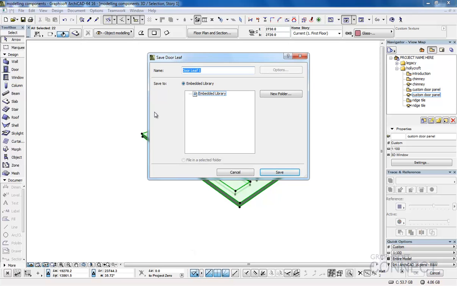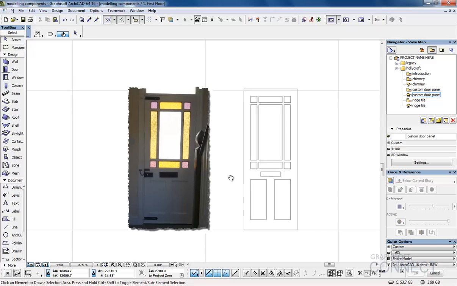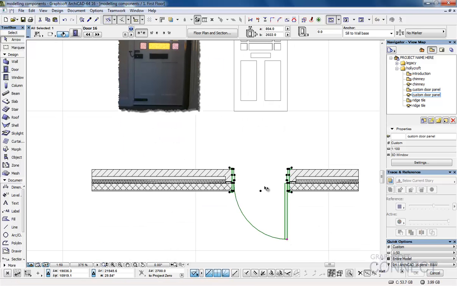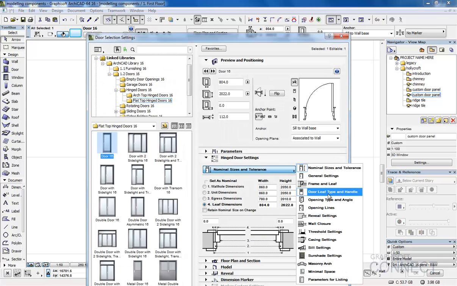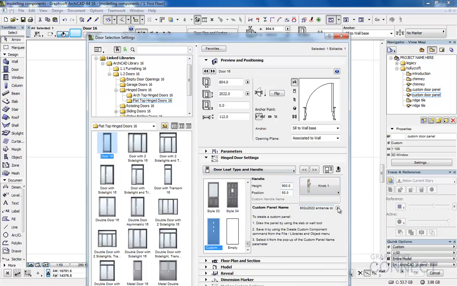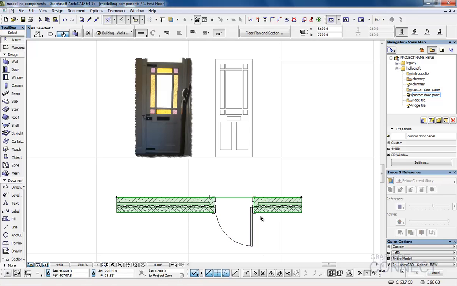So we'll choose to put it in an embedded library, and we'll just call it entrance door panel. It's also a good idea to put in the size here, which makes it easier to then fit it into a door further down the line. This just tells me it's been created. I'll drop back to 2D and select this door that's been handily placed in this wall. What I can do with it is go into its settings, and if we switch to door leaf, type and handle, in here I'm actually able to select this custom panel that I've created. Obviously if there was more panels there would be further choice, but once this has been done I can hit OK. I can now select this wall, which is also going to show the door, have a look in 3D,